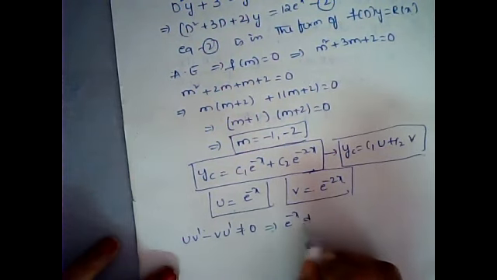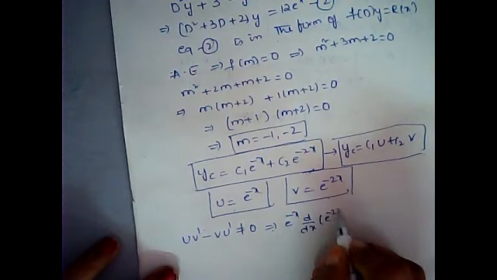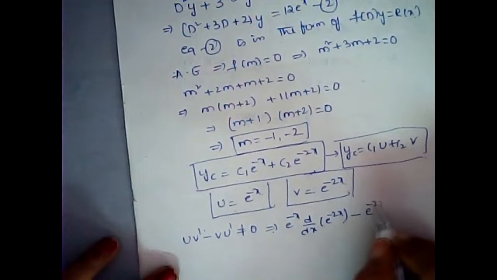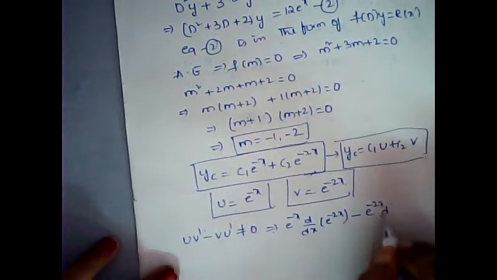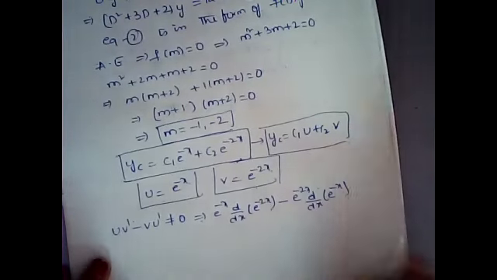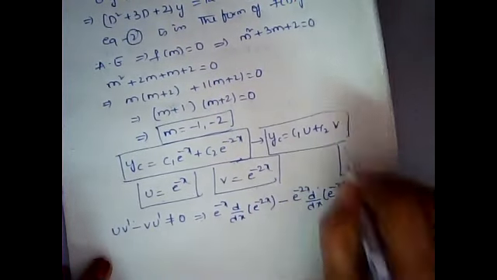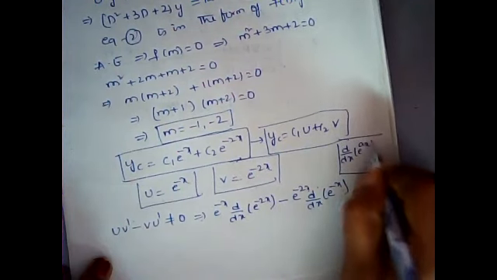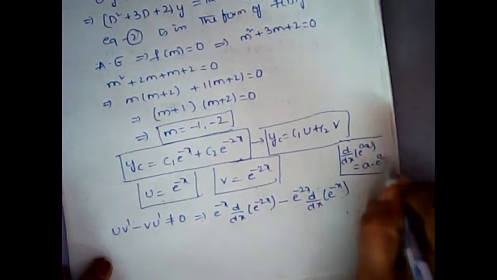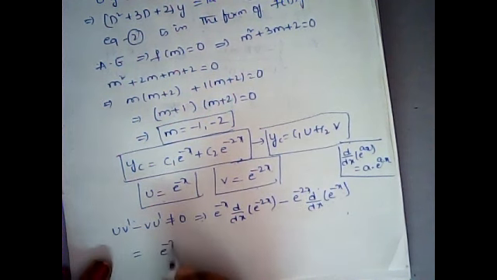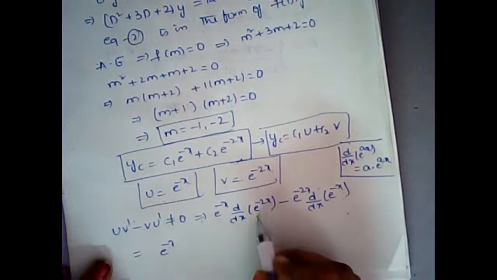v dash means nothing but d by dx of v, which is e power minus 2x. Minus v means e power minus 2x into u dash, meaning derivative of u with respect to x. So what is u here? e power minus x, so do the differentiation of this one. The differentiation d by dx of e power ax is nothing but a into e power ax here. Okay, now applying the formula here, we will be getting e power minus x into e power minus 2x